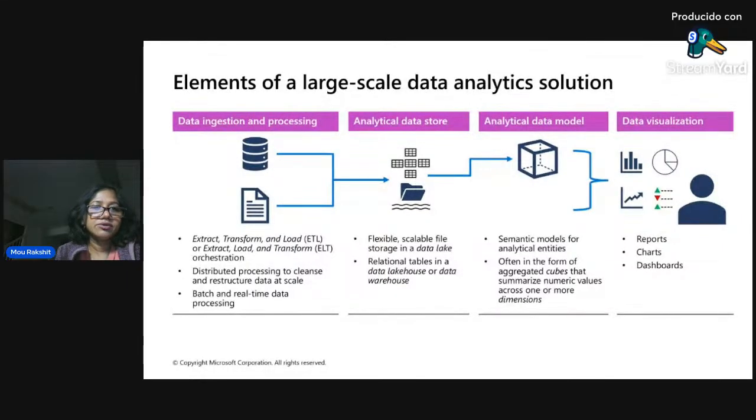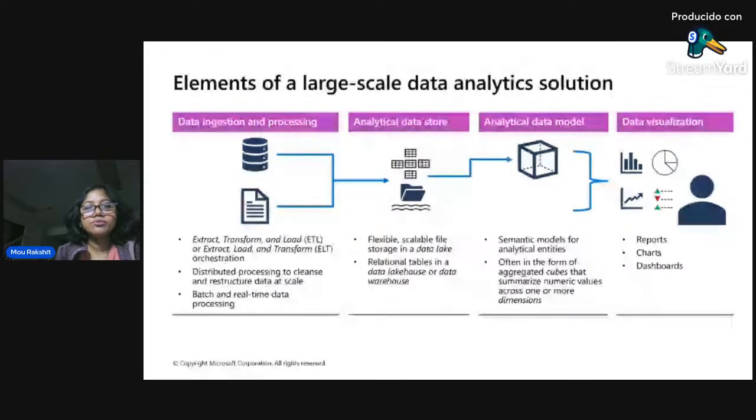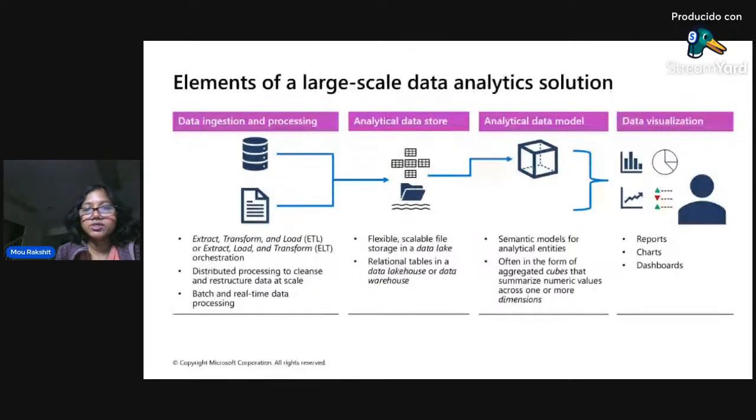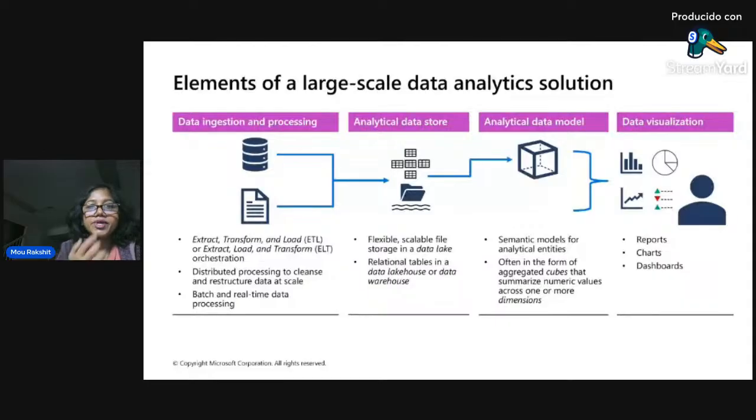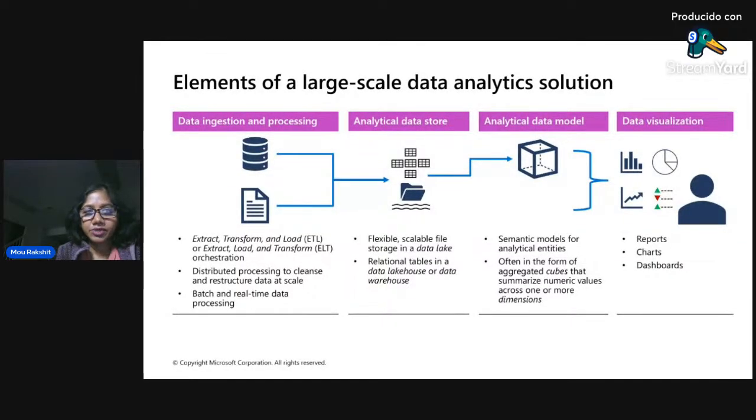So when I say real time, here it's mentioned real time. So real time meaning it is streaming. It could be near real time, it could be real time, but there are different modes in which you're going to be bringing your data in. It could be on a schedule basis, which is batch mode. It could be every hour, every 6 hours, every day, or it could be continuous fashion, every second, every millisecond, and whatnot. So your goal is to bring the data from all kinds of sources, your operational databases, into your analytics platform.